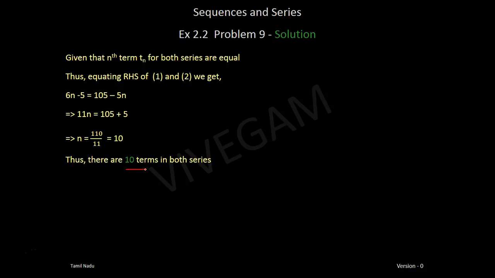You got it? All you need to do in this problem is use the nth term expression Tn equal to a plus n minus 1 into d, get the expression for Tn for both the series, equate them and solve for n. I hope your working is right. If your working is not matching with our solution, see where it is not matching and make suitable correction. And if your concept is not clear or you have not understood the problem clearly, please go back to